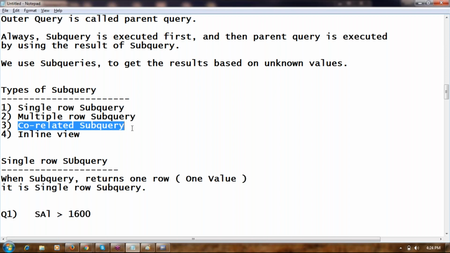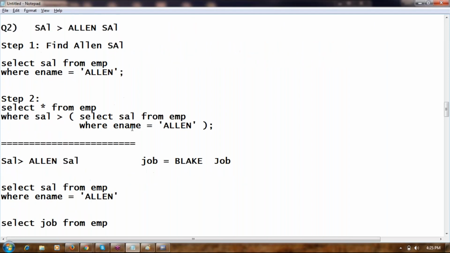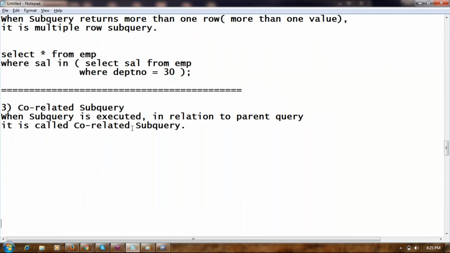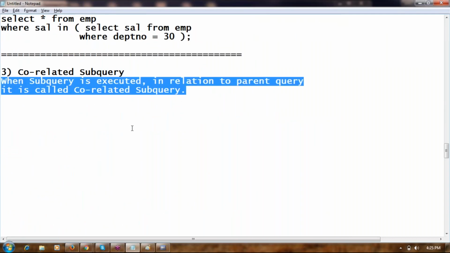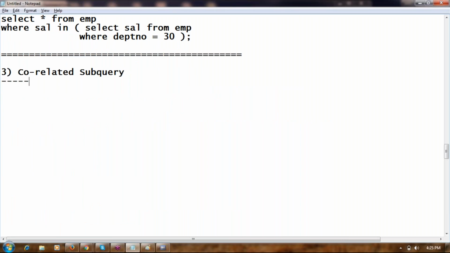Okay, Dilavar? Let us learn about inline view. Okay, even inline view is dependent on the order by clause.